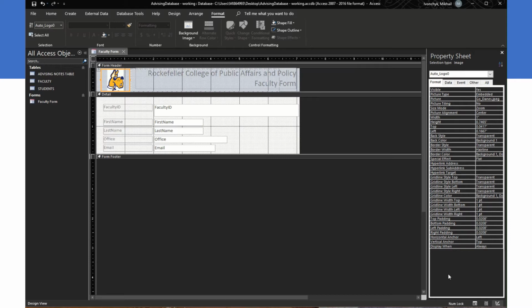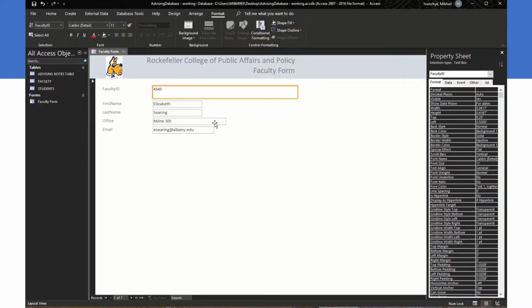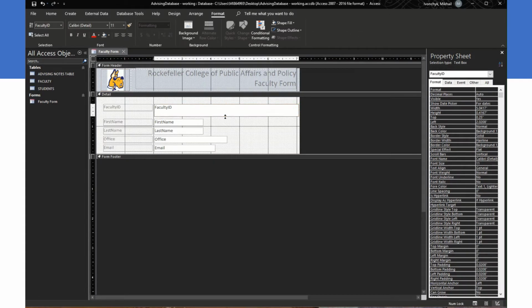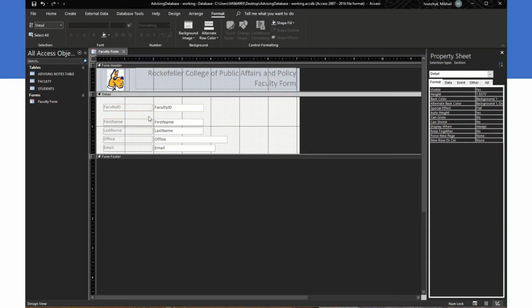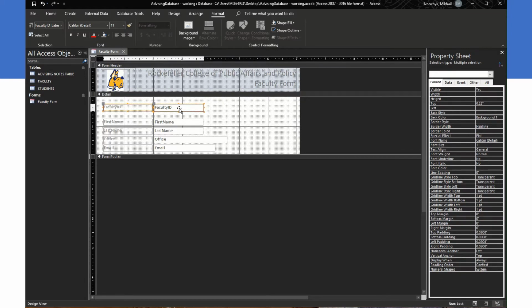Now let's rearrange the fields, because if you look at it, they all have different lengths, and faculty ID is huge, and that's probably because when I worked on the faculty table, I defined the field to have many more characters than it actually needs. But we can rearrange again. Here in the design view, we can change our design, and we're gonna put them all together in a nice shape. So click on one, then hold shift, then click on the other one, and then you can basically drag them together in a nice way. Okay,